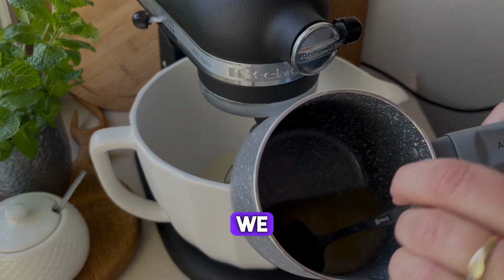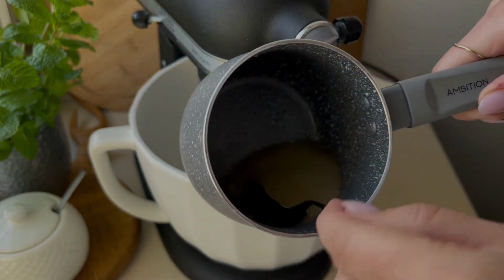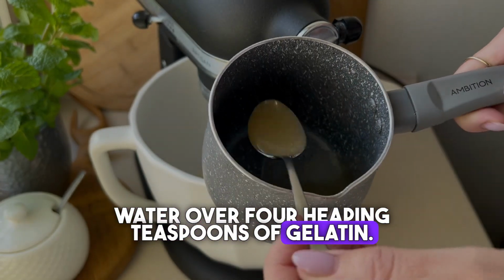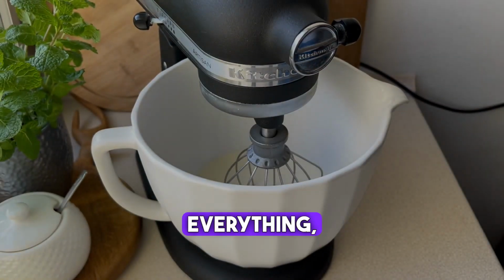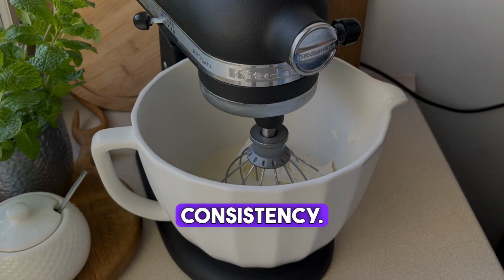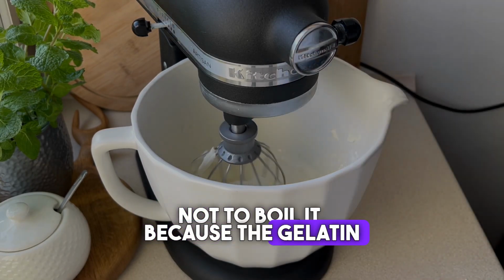For the cream, we need 600 milliliters of either 30% or 36% cream. I have already prepared the gelatin here. First, pour cold water over 4 heaping teaspoons of gelatin. I added 50 milliliters of cold water, mixed everything, and set it aside to swell. Then I heated it, and this resulted in a liquid consistency. Remember to heat it just so that the gelatin dissolves and not to boil it, because the gelatin will lose